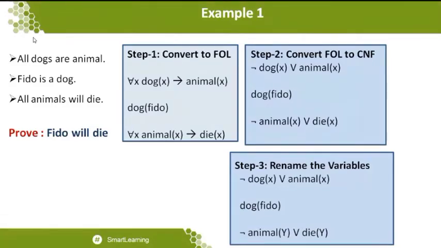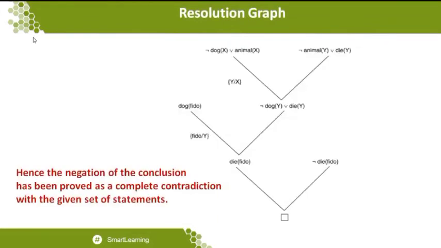What is the next level in the CNF part, what do you want to do? You can see that we have removed the existential quantifiers, and we have removed the universal quantifiers when going for the CNF, because only three statements are available. So I directly removed them here. And in step 3, we rename the variables, because renaming the variables is very important when you go for substitution with unification. Once I rename the variables, then you can go for the negation of the statement.